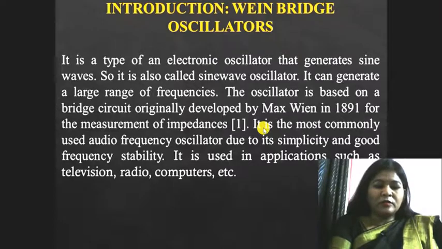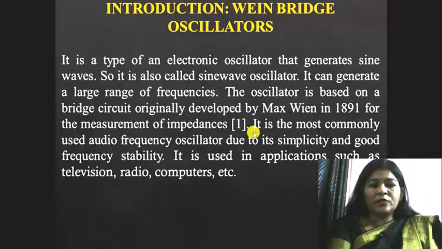So it introduces a 180 degree phase shift during the amplifier stage, while the Wien-Bridge oscillator uses a non-inverting amplifier. So no phase shift is necessary through the feedback network. So this is the basic introduction of the Wien-Bridge oscillator.